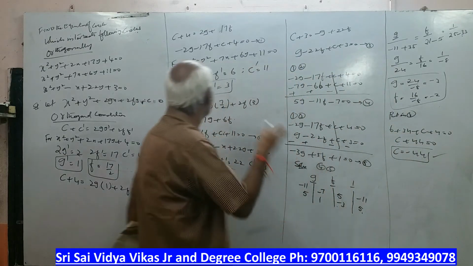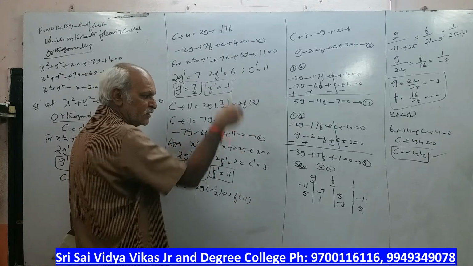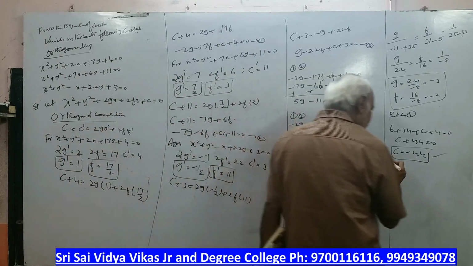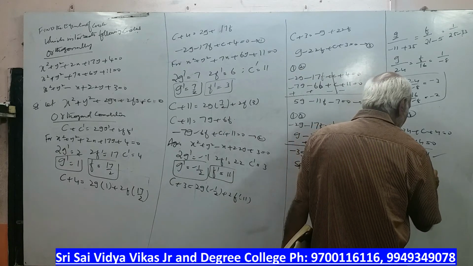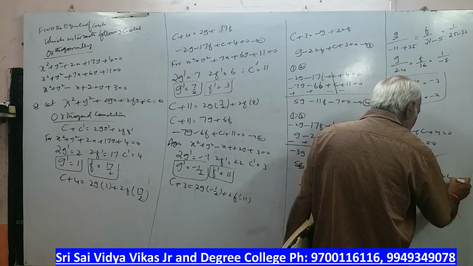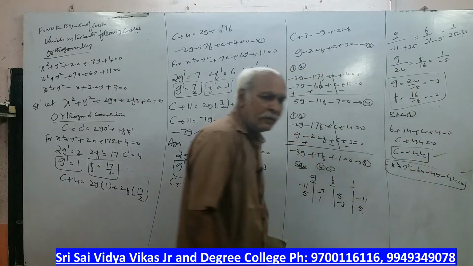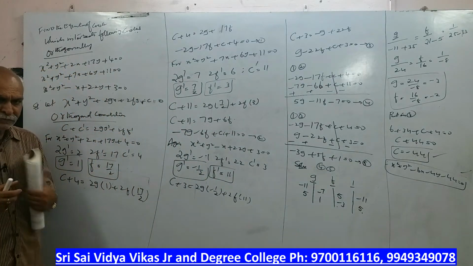Okay, observe here. 3 conditions. Solve 1 and 2, solve 1 and 3. Then 4 and 5 by cross multiplication method. Directly you get g value, f value. Therefore, x square plus y square plus 2gx, minus 6x minus 4y minus 44 is equal to 0. Right? Complete problem. There is one more problem of this model. Let us see that also.